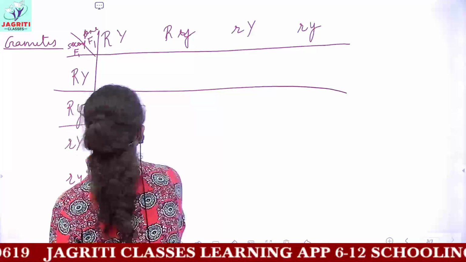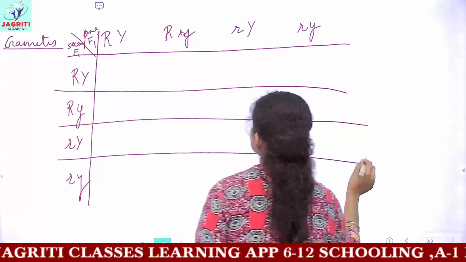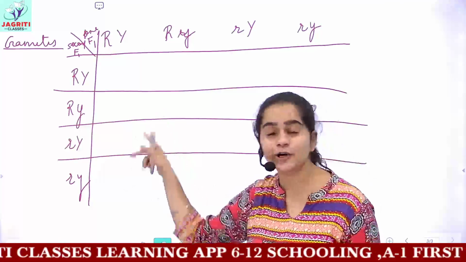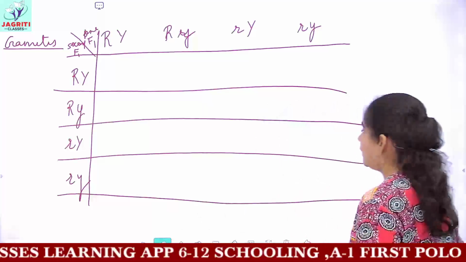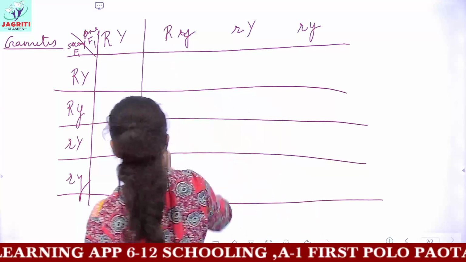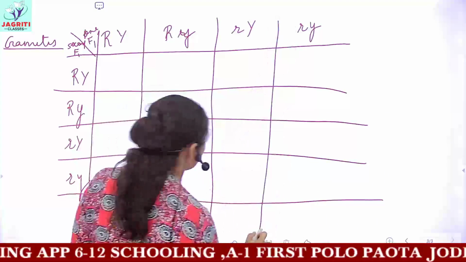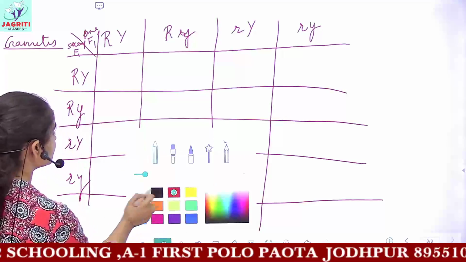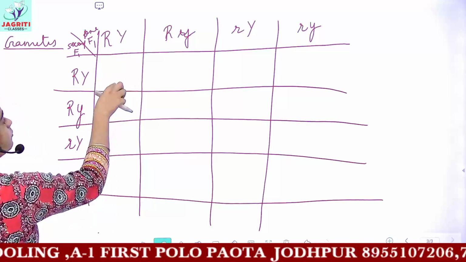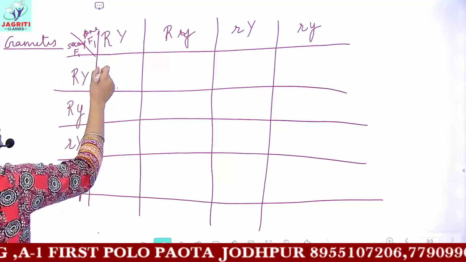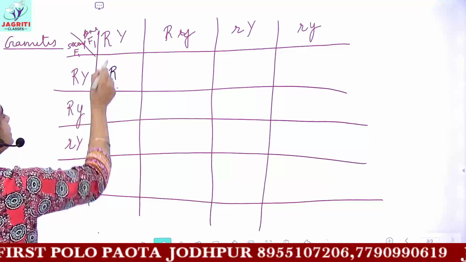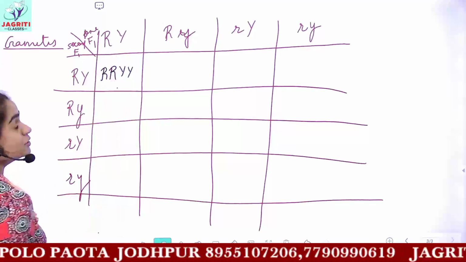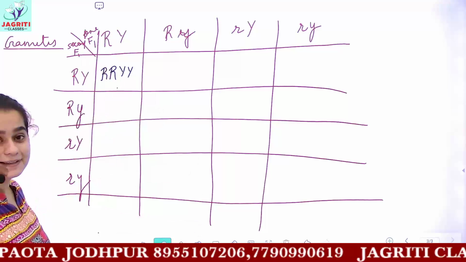Now what you have to do is make this cross between the gametes accordingly, as we did in the monohybrid cross. And then you will get different varieties, or different genotypes, of offsprings. So let's make the cross in these. In the first column, what would come? Capital R with capital R. So you have both capital Y, Y. In this way you can complete the table.